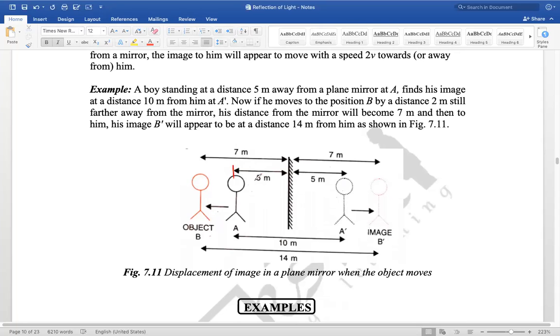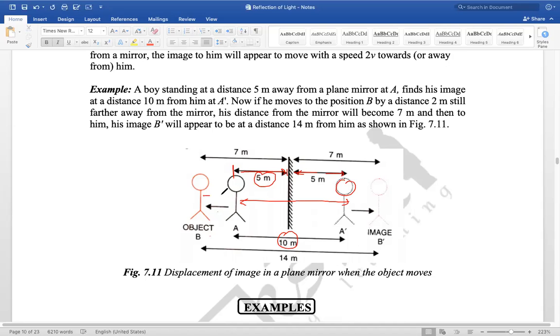So if you see, this distance is 5 meter from the mirror, and the distance of the image from the object, this distance is given as 10 meter. Okay. Now if he moves to the position B by a distance 2 meter still farther away from the mirror,